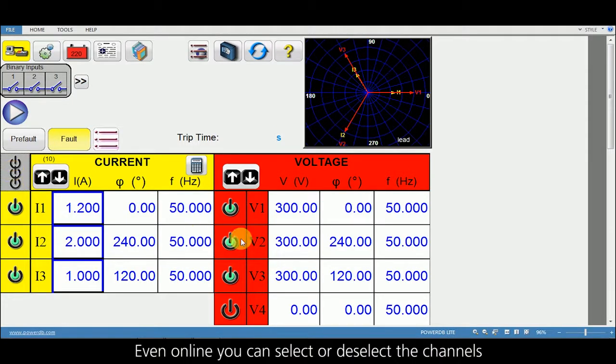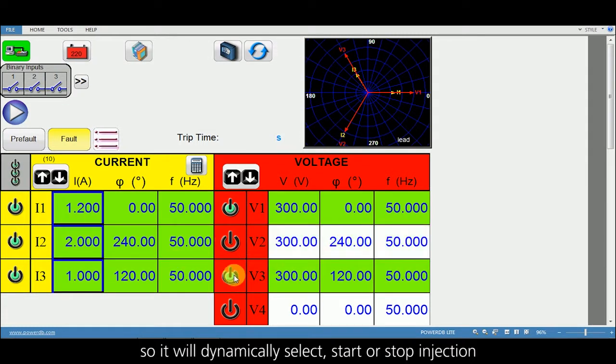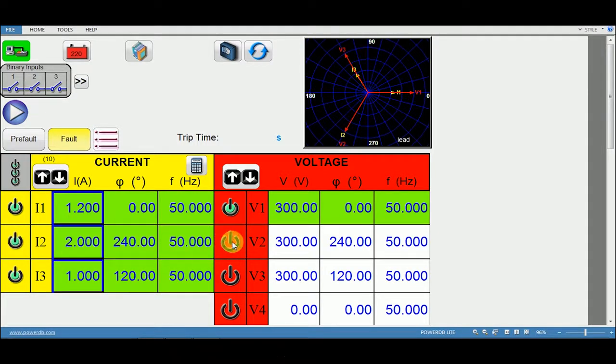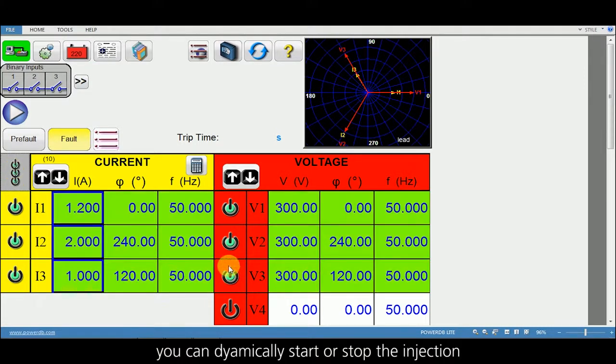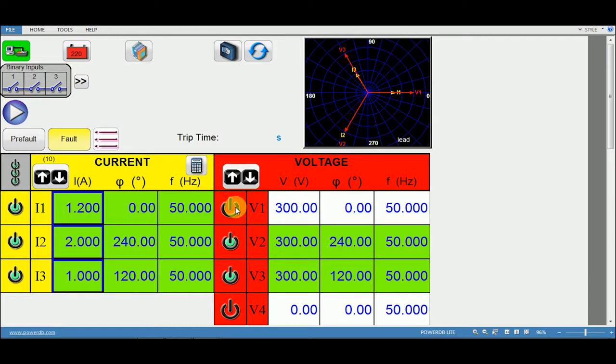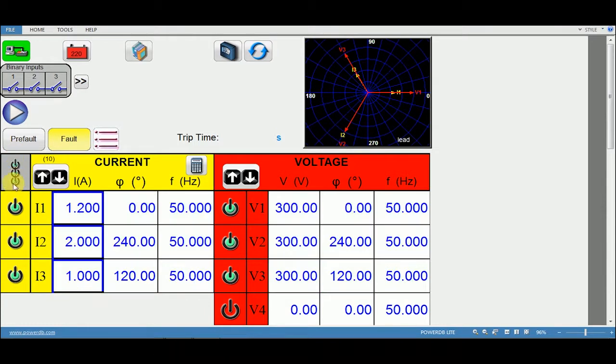Even online, you can select or deselect the channels, so you can dynamically start or stop the injection, and you can stop injecting by pressing the icon again.